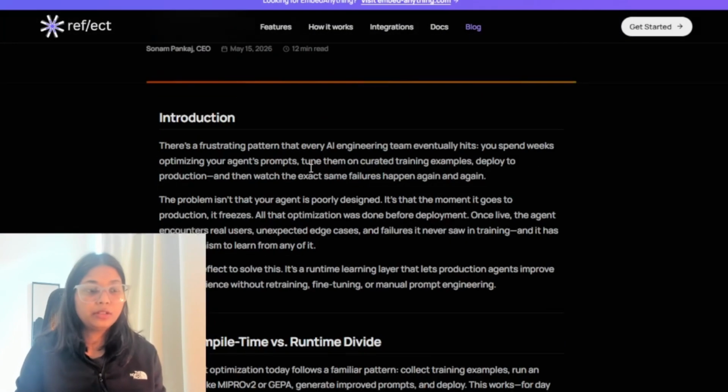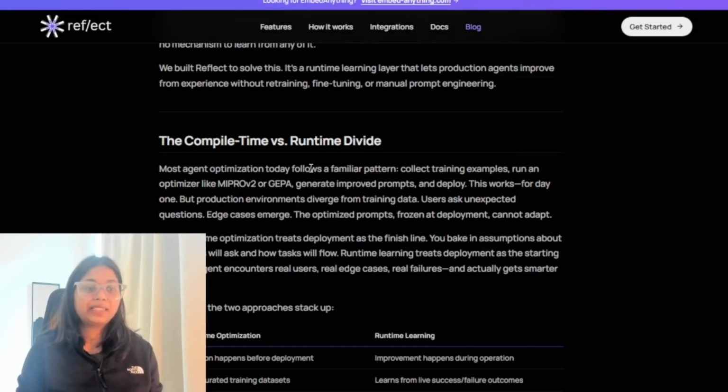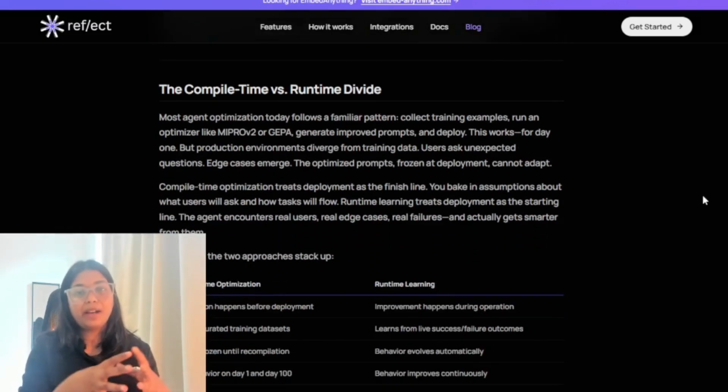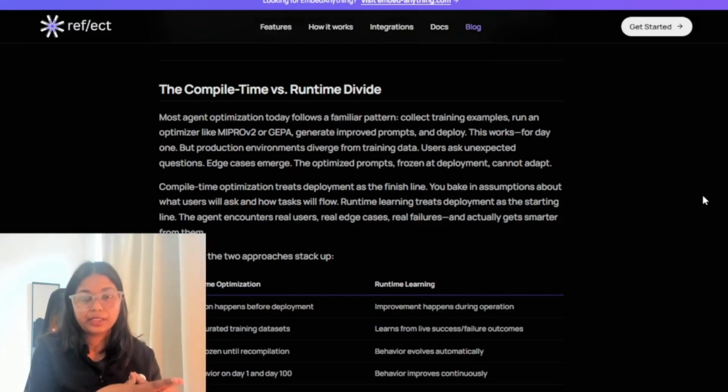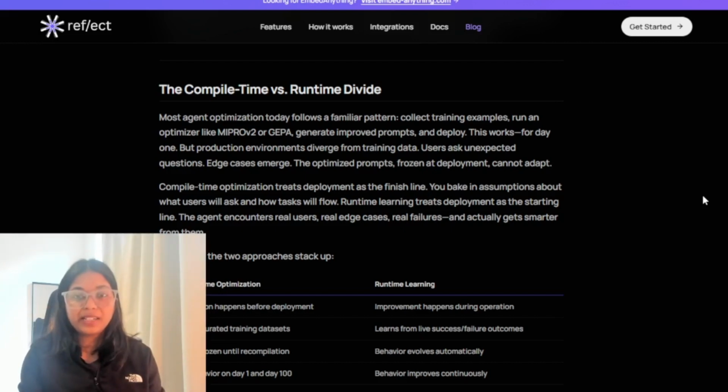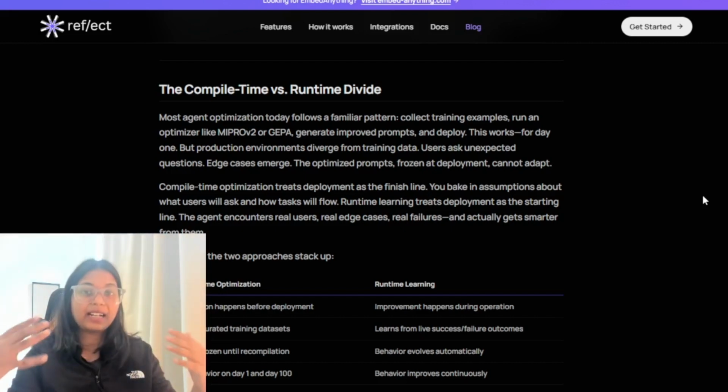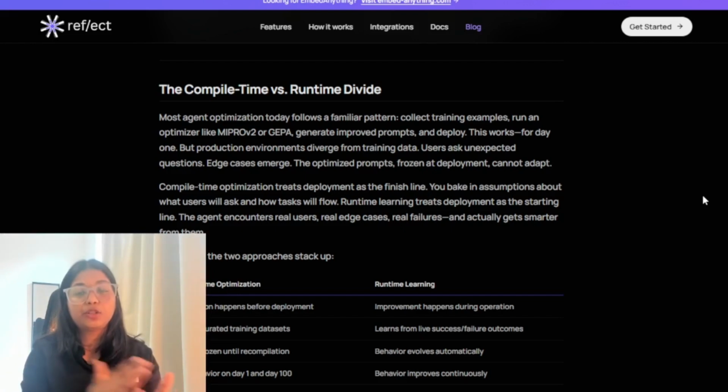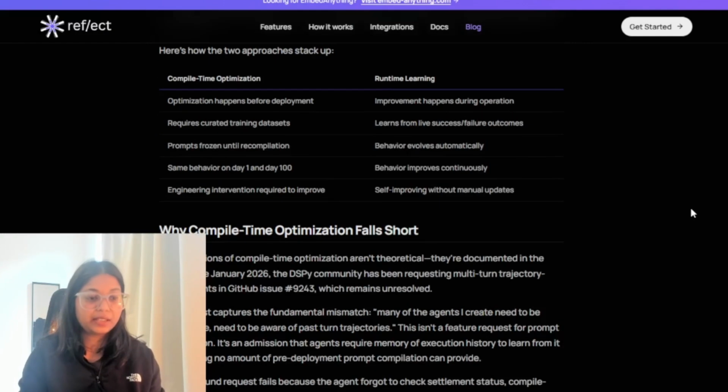I also want to talk a little bit about the compile time versus runtime divide. Compile time, like the DSPy frameworks, is meant to optimize your prompt. But what we are doing with runtime is calling the exact context that the agent needs to complete the task. So your context becomes task dependent, and it doesn't carry any other information that might not be needed to complete the task, which reduces context stuffing, which is really good in this case.